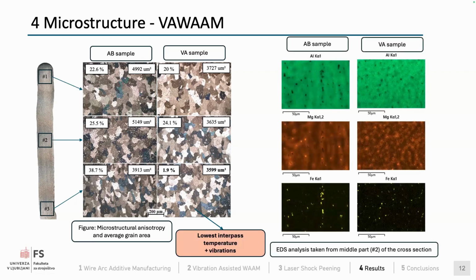We also did some EDS analysis from this middle section of the walls for the as-built sample and vibration-assisted sample. And we also see that the intermetallic phases, which are enriched in the iron, are way more homogeneously distributed than in the as-built sample, which showcases that actually some homogenization took effect due to the influence of the vibrations and